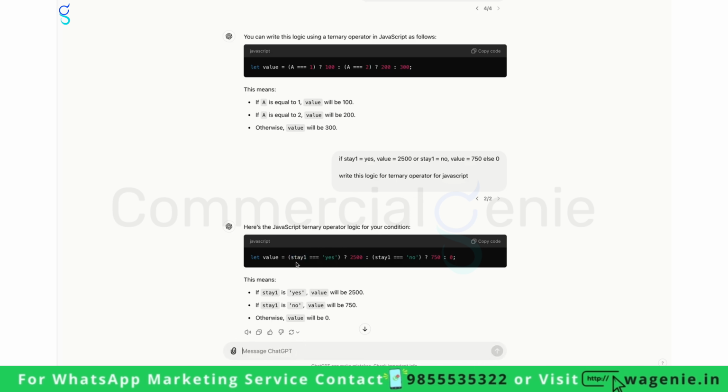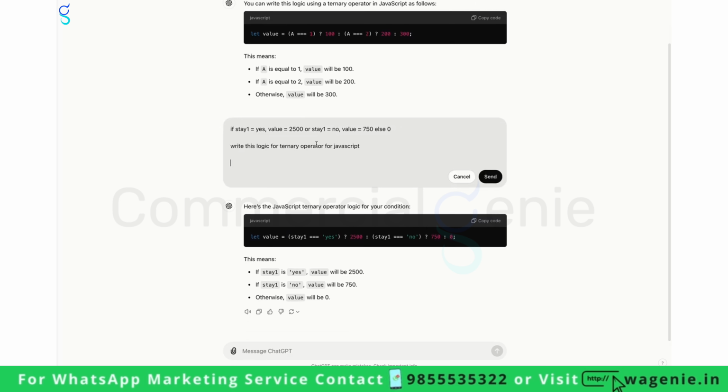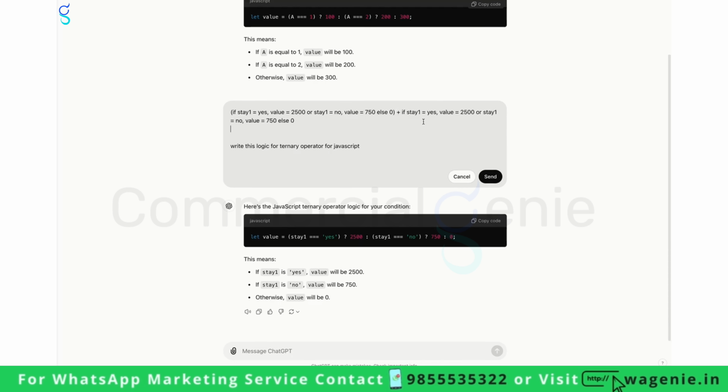You need to copy this part from it, and you need to replace stay with the field variable. Now let us make it a bit more complex. If stay 1, stay 2, stay 3. Now we are closing this in bracket, plus if stay 2, and again stay 2, because we have 4 person fields, right?